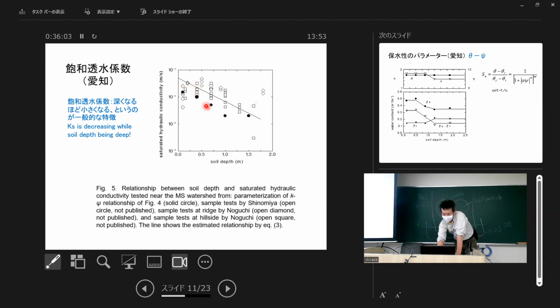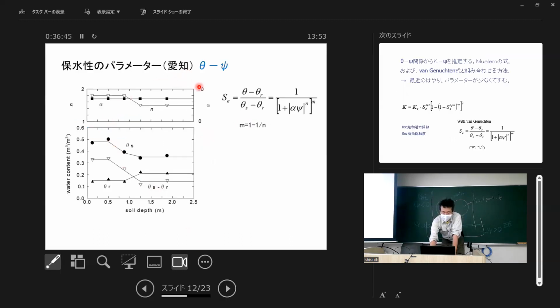There are many data, but we can see some tendency that the Ks also decreases with deeper soil depth. This is important, because if we do not incorporate it into the infiltration calculation, we get results different from reality. And this is the summary for theta psi, where the vertical one, horizontal one is the soil depth, and the vertical